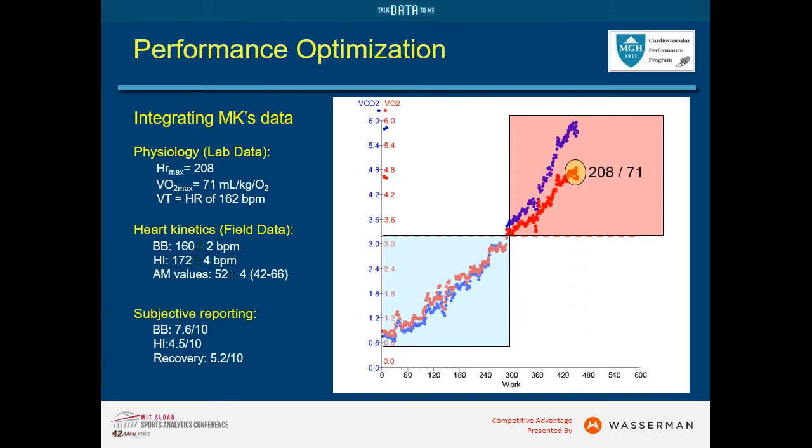Well, first, again, here he is at peak, 208, 71 mils per kg. Here he is at his ventilatory threshold, 162 beats per minute, and here are his workouts superimposed. So his base building workouts are essentially superimposed right on his ventilatory threshold, meaning he's working about as hard as he possibly can and maintain that effort indefinitely, and he's doing that because he's not being coached to do anything differently, and this is what feels natural as an athlete, to push to this level and sustain it for that period of time and to just consider it a good maintenance workout.